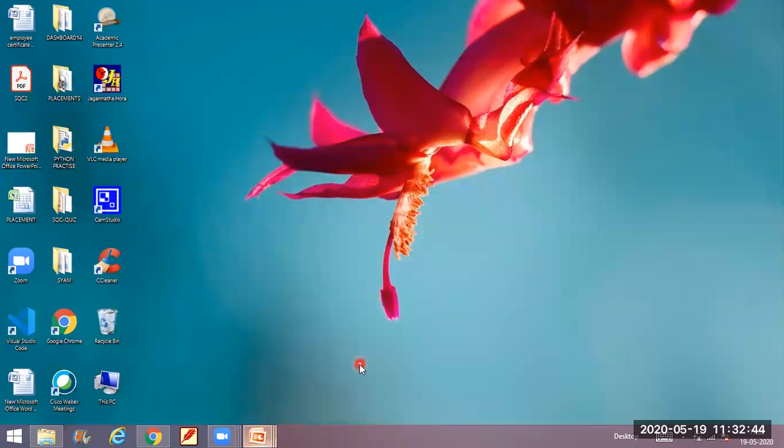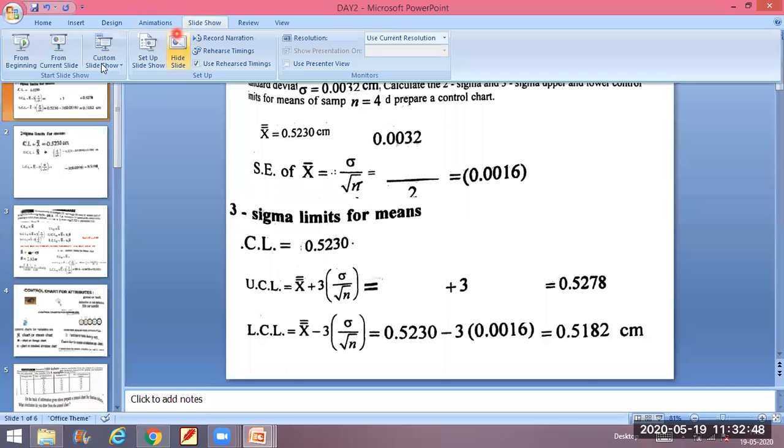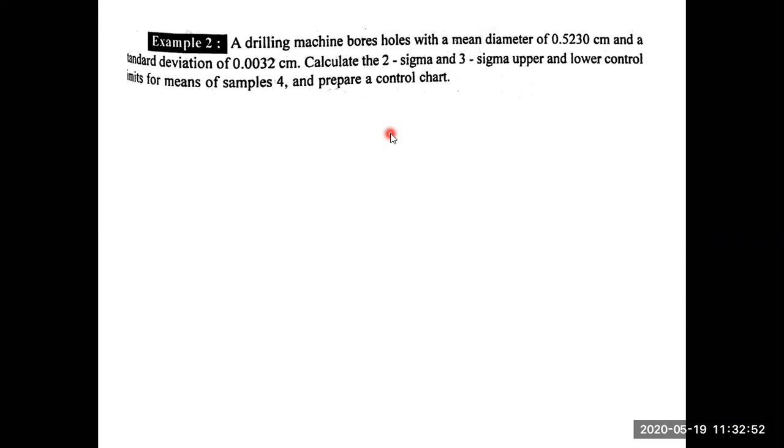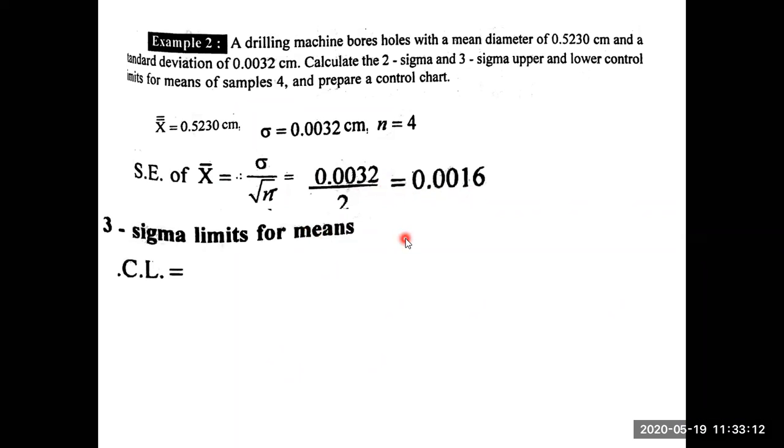Next you go for day 2. Day 2, what it says is that when you come across the standard deviation given, if a standard deviation is given, how you have to solve the problem? Just go through the problem. 0.00032 by 2. That means 0.0016. 3 sigma control limits is